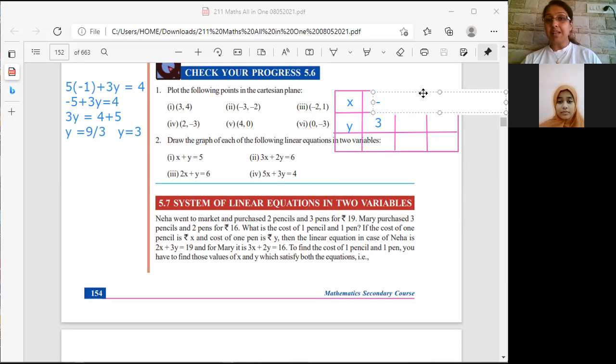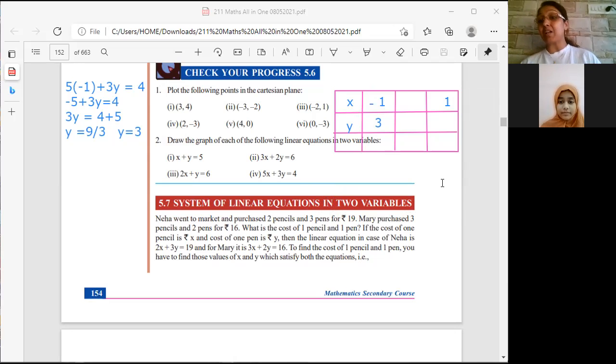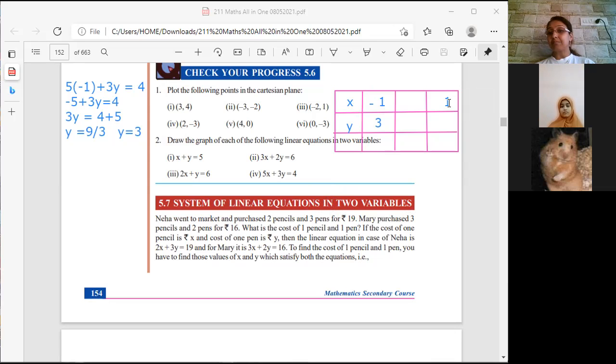Are you getting me? I will have to take another coordinate. So let me try doing it with 1. Do you think that 1 will work? Yes, I think it will. I will have 5 here. 4 minus 5, I'm going to get -1. -1 upon 3. It will not work. So I will look for another number.